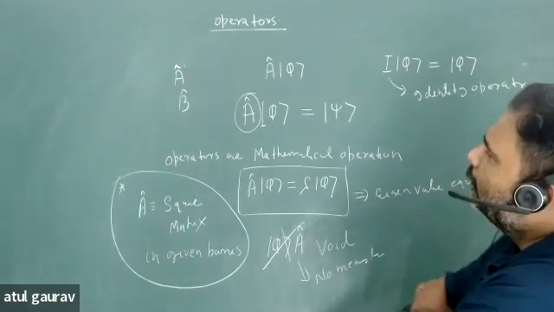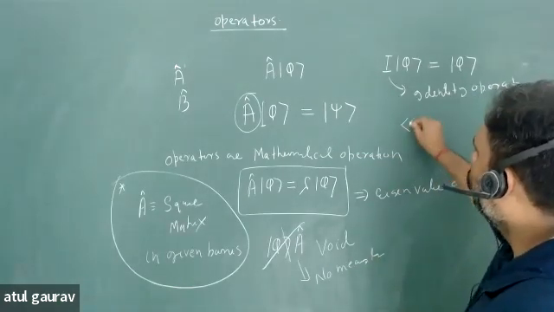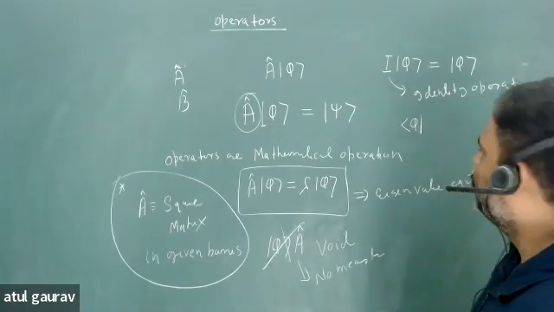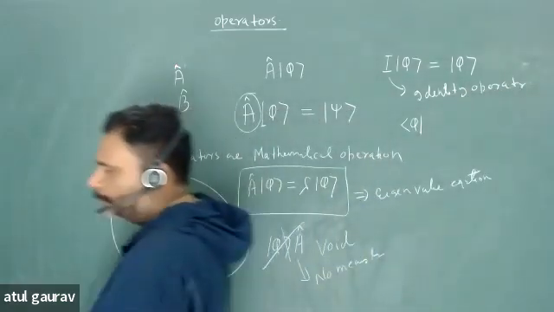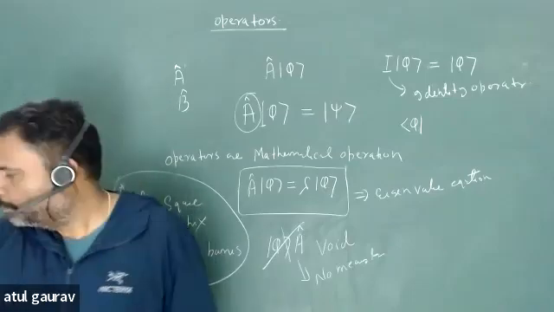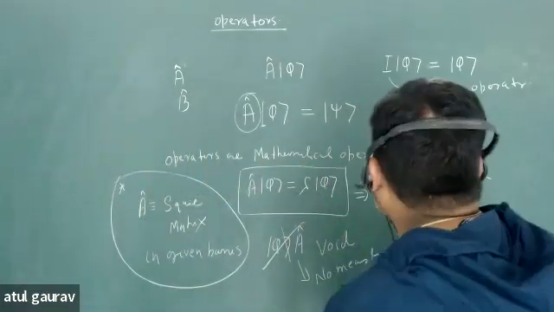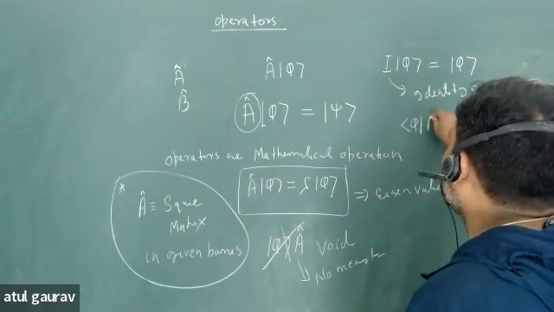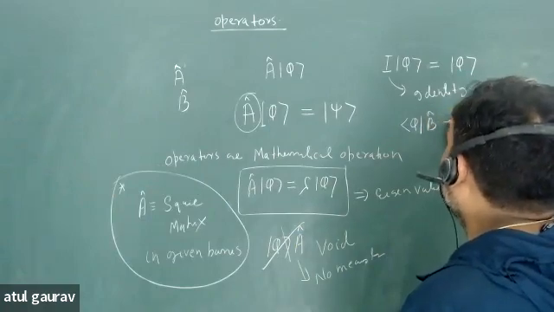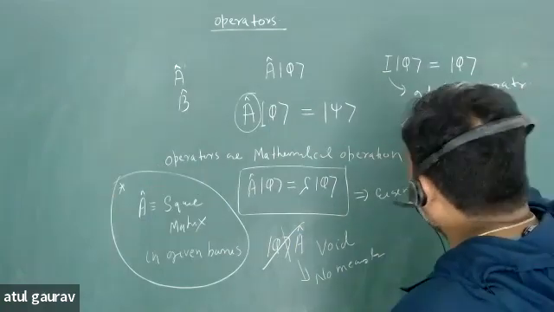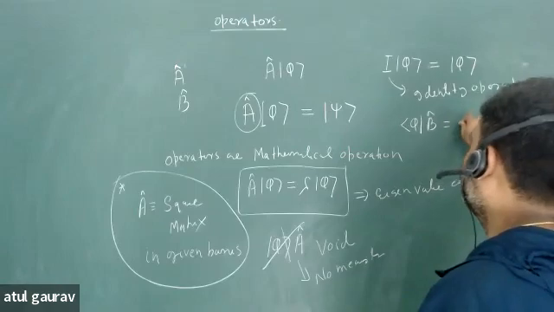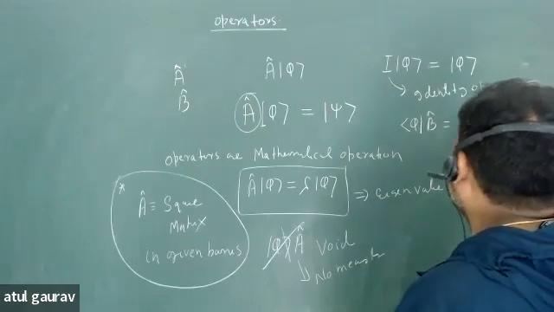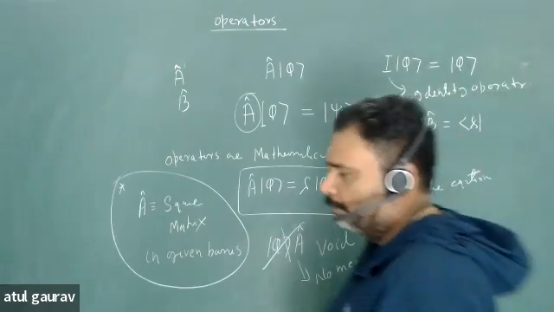नाउ सिमिलरली आपके पास अगर कोई फाई ब्रा है, तो अब ब्रा पर ऑपरेटर किधर से लगेगा? राइट साइड से। ब्रा पर ऑपरेटर किधर से लगेगा? दैट विल एक्ट फ्रॉम द राइट साइड। लेट अस अज्यूम दिस इज योर बी ऑपरेटर, और अगर ब्रा पर ऑपरेटर ऑपरेट हो रहा है तो आपको किट मिलेगा या ब्रा मिलेगा? ब्रा मिलेगा। दैट विल बी ऑलवेज ब्रा। लेट से यू हैव दिस साई ब्रा।